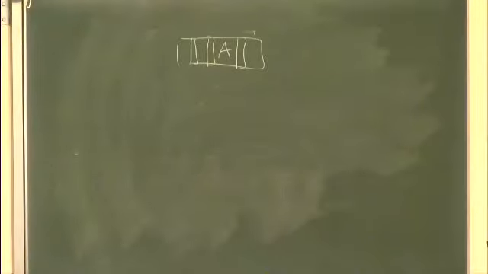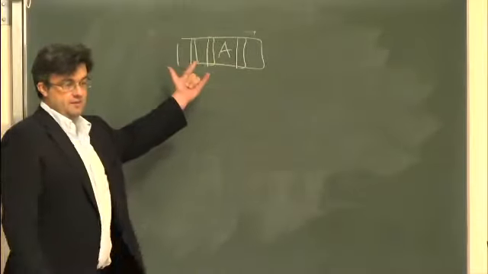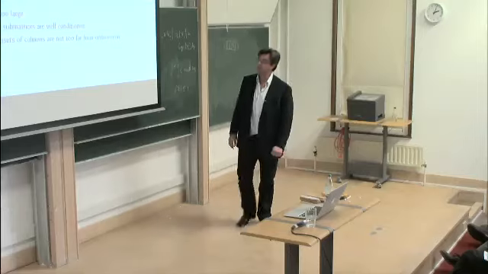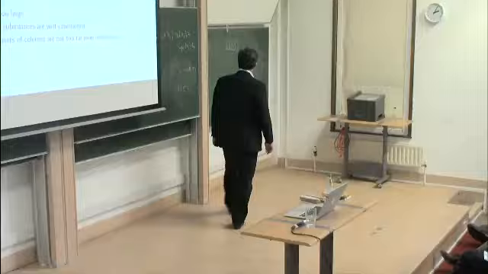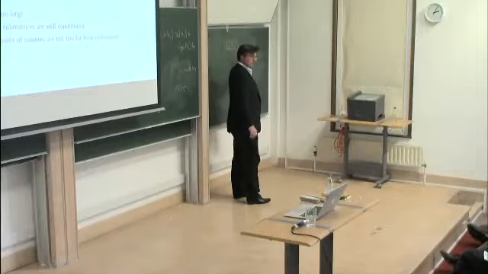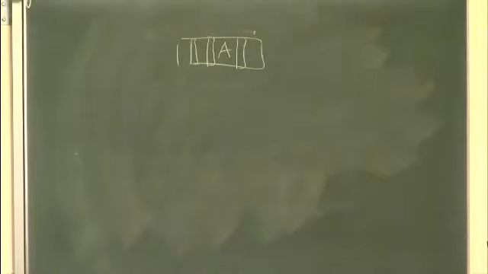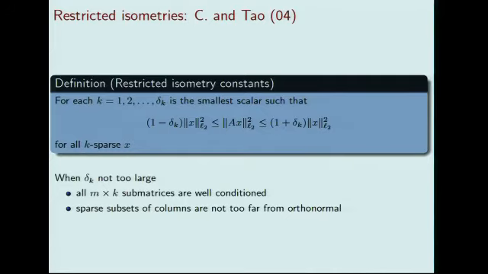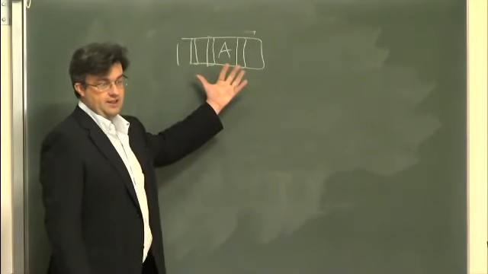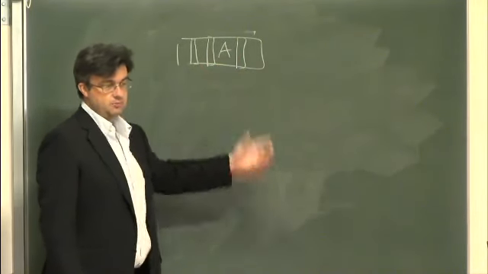then if x is sparse, Ax is a linear combination of a few columns of A, and I want to preserve the norm. Okay, so another way of phrasing the restricted isometry property is that whenever I extract k columns of A, I want the submatrix to be well conditioned. And in fact, you can read off the condition number: it's (1 plus delta k) divided by (1 minus delta k). So when delta k is not too large, what it says is that essentially a lot of submatrices of A corresponding to subsets of k columns are well conditioned.